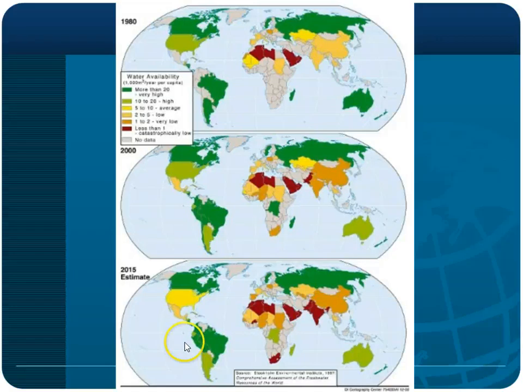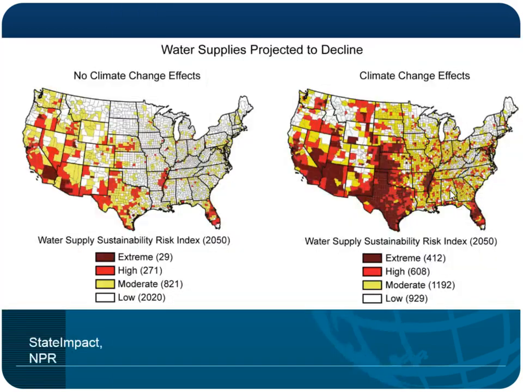So, water availability. You can see that there are places that already have serious water shortages, but as precipitation patterns change, then there are going to be other areas that have serious water shortages that did not before. Okay, and water supplies for us, our water supplies are going to decline for 2 reasons. One, because we have the climate change effects, right? And this shows you the climate change effects as we move into, say, like 2050. Now, I will say we're also going to have water supply problems because we are depleting the Ogallala Aquifer and we are diverting rivers and things like that.